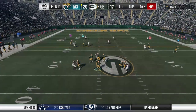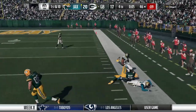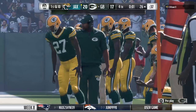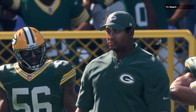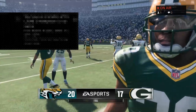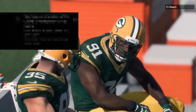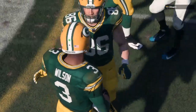Back to throw. Complete to Bryant, and he'll be taken down, but not before getting this inside the 30. Tell you what, he's been able to put the ball in some tight spots all game long. That throw, no. I think he looks at it as, I can do it, so it's not that big of a deal to me, and I'm going to keep firing. Well, going into the final play of this game, they knew that